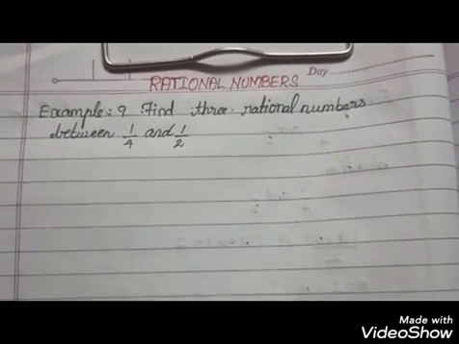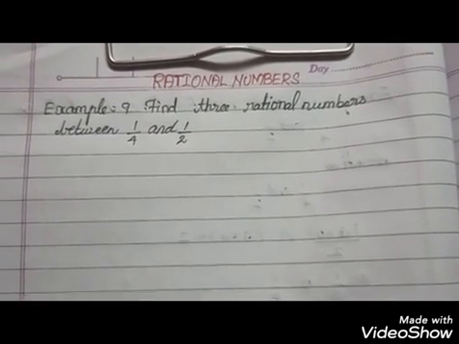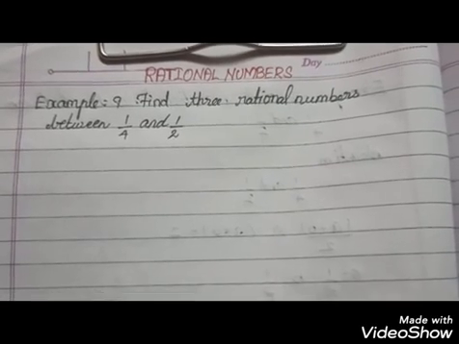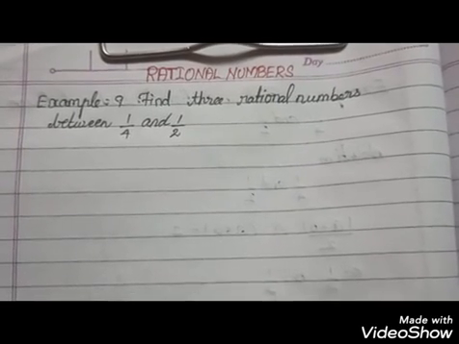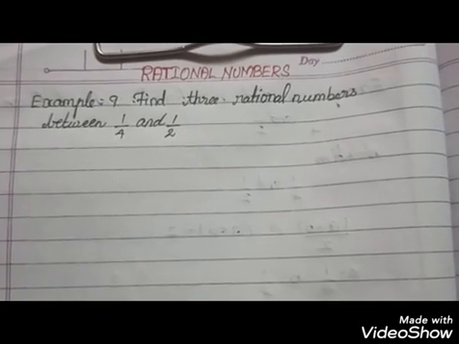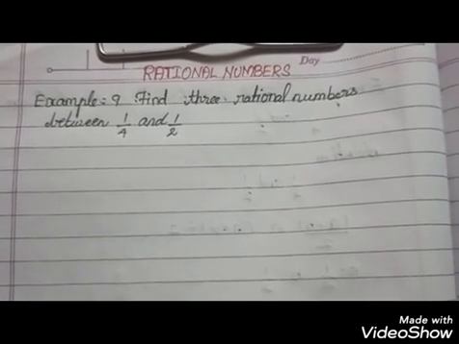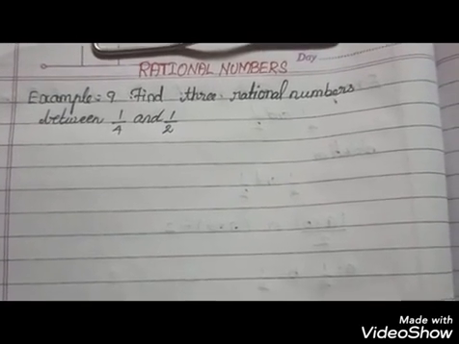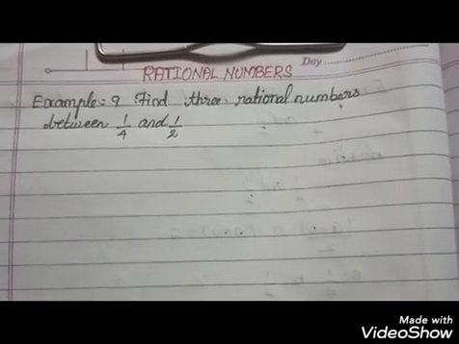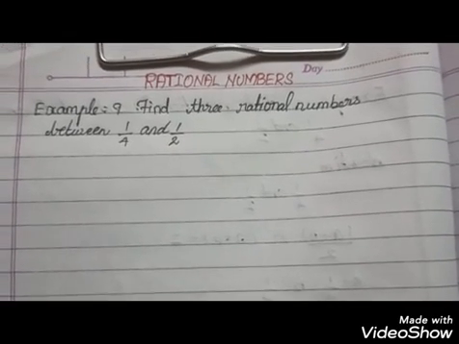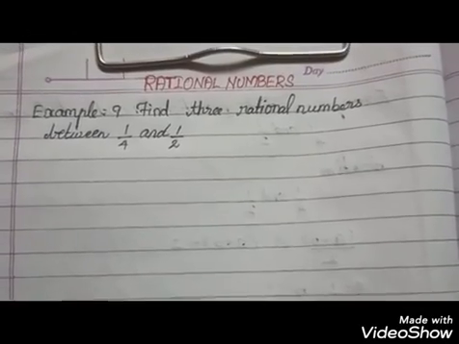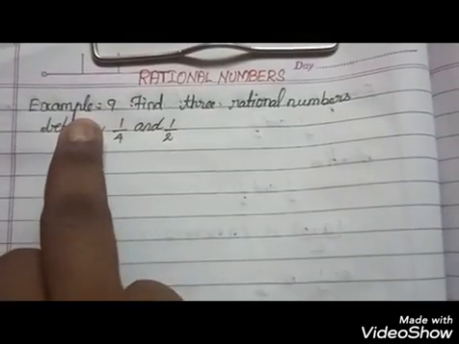Okay, today we continue the topic rational numbers. Last class we discussed how to find the rational numbers between two rational numbers by using the average method, and you have to multiply by 10 or 5 and select any 3, 10 rational numbers in between that. Okay, so today also we see example number 9.